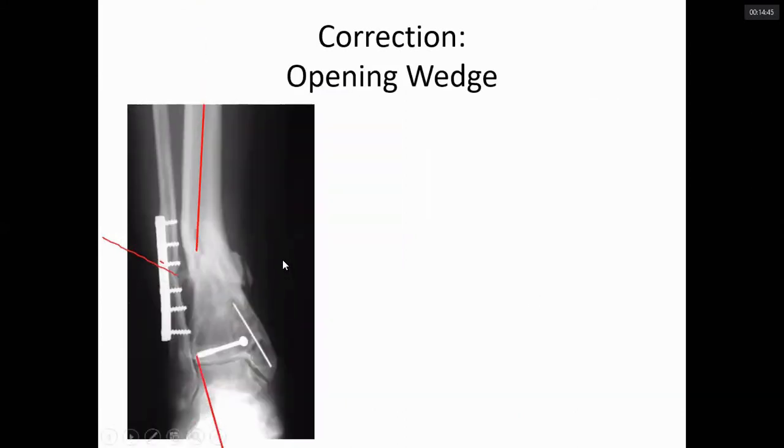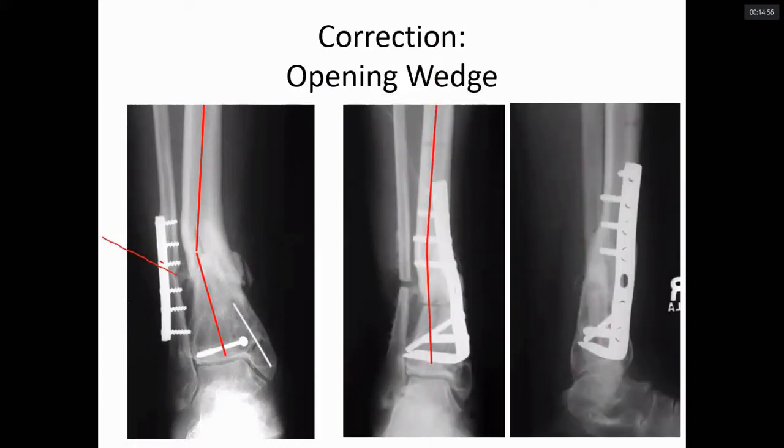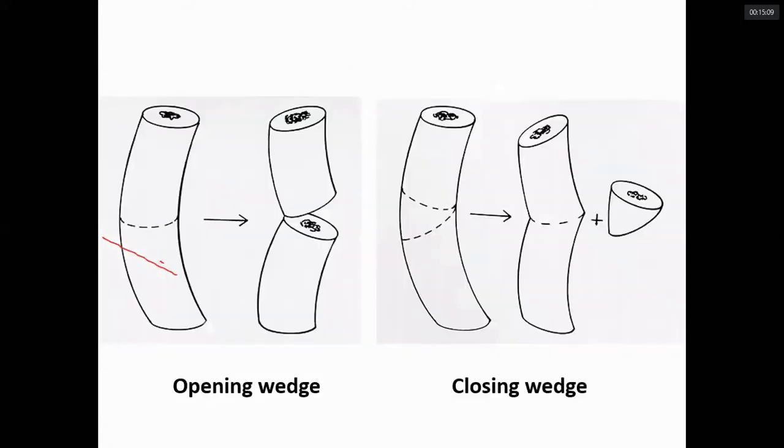And there is opening wedge osteotomy. So again, fracture here. You cut the bone here. You open the gap. In the gap you put in bone graft, and that will be an opening wedge osteotomy. So again now the deformity is more or less corrected. So remember, this may be a little bit advanced for you. Remember, various types of osteotomy can be done. Examples are closing wedge, opening wedge. That is enough. You do not go into details. Again, in a simplified version, opening wedge, you cut the bone, you open the gap. In this gap, you put some bone graft. Okay. Closing wedge, you take out a triangular bone, you remove that bone, and you put an implant here.